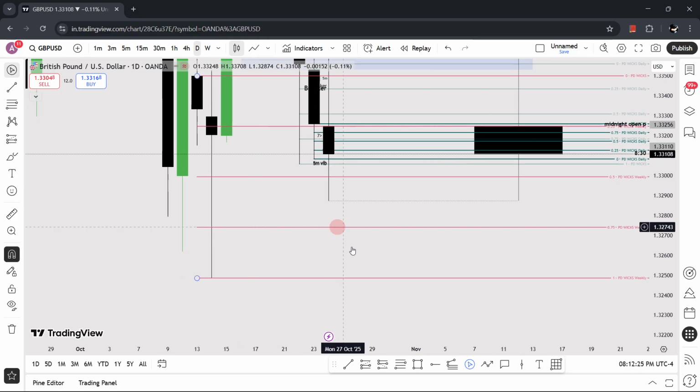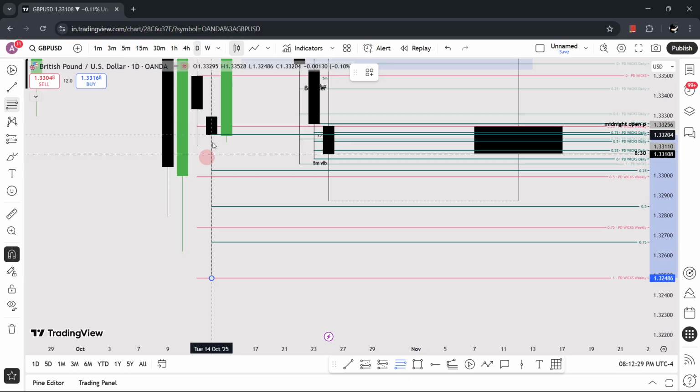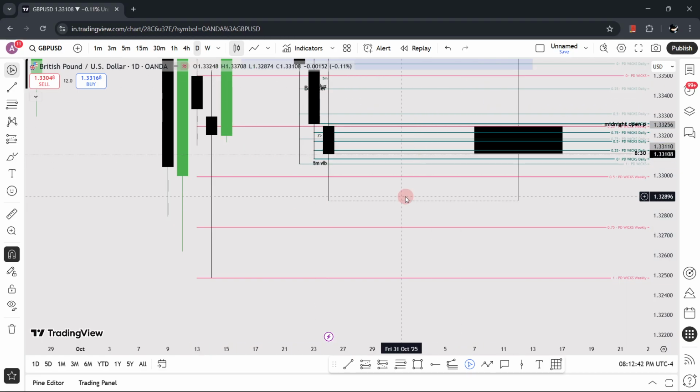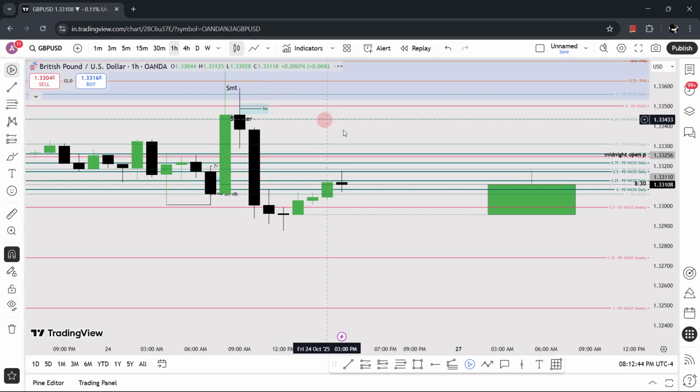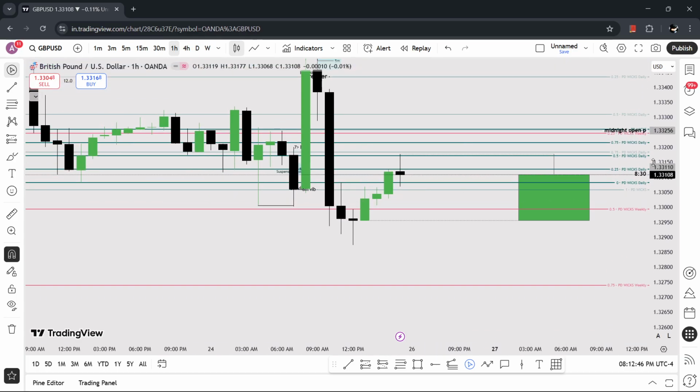I didn't actually see it fail to go to this day's daily discount. Okay, so that doesn't matter. Now on an hourly chart,